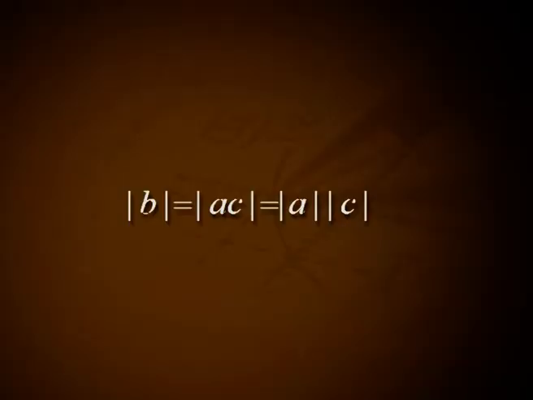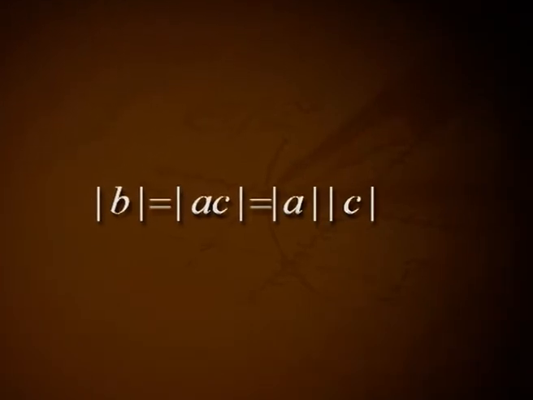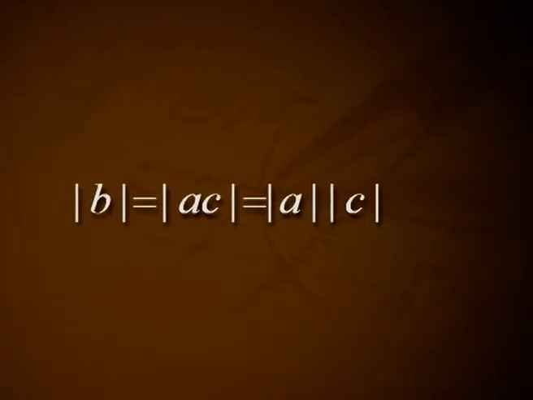B. If a divides b, then there exists an integer c such that b is equal to ac. Also, b not equal to 0 implies that c not equal to 0. Upon taking absolute values, we get mod b is equal to mod ac is equal to mod a into mod c. Because c is a non-zero integer, it follows that mod c is greater than or equal to 1. Whence, mod b is equal to mod a into mod c, greater than or equal to mod a. Hence, mod a is less than or equal to mod b.